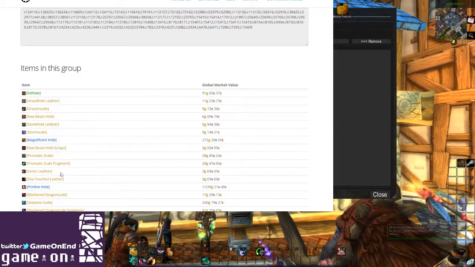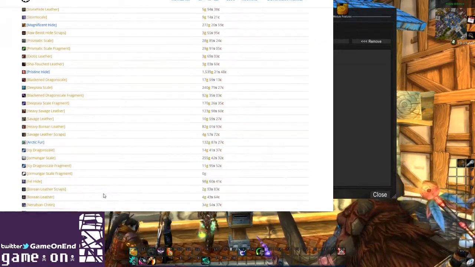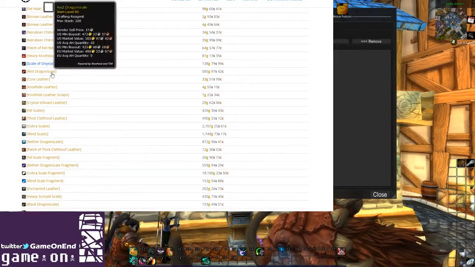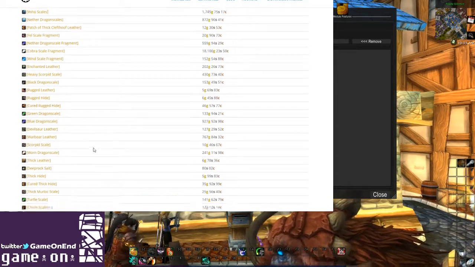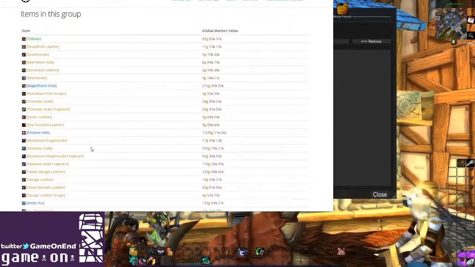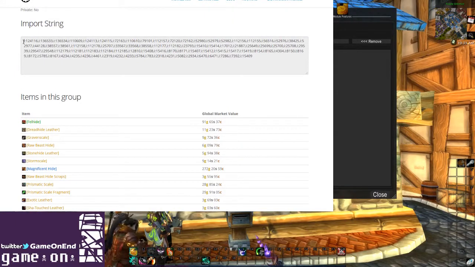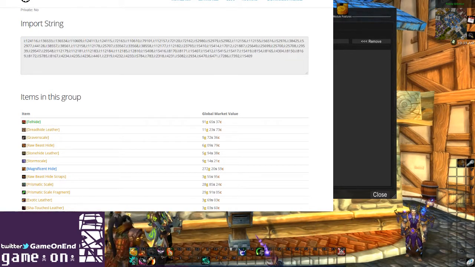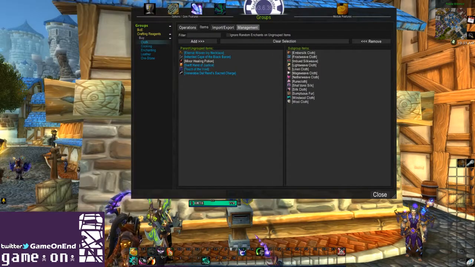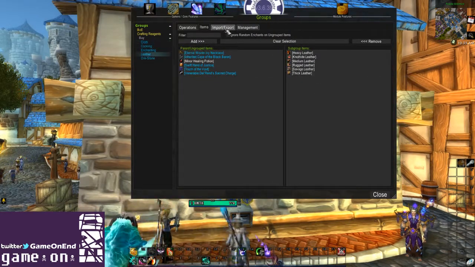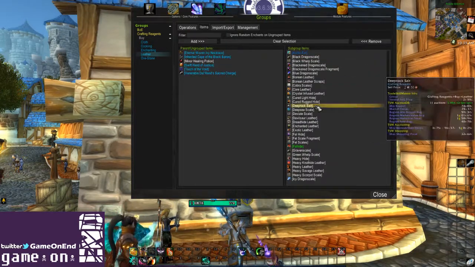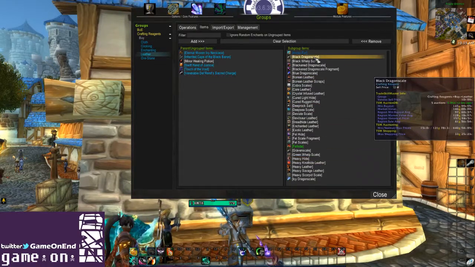So we have basically all of the different leathers here, including things like wind scales and such. So we've got a big group of items here, and this would take a long time if we were trying to build this group out manually. You can go to leather here, and we've filled out this group here,